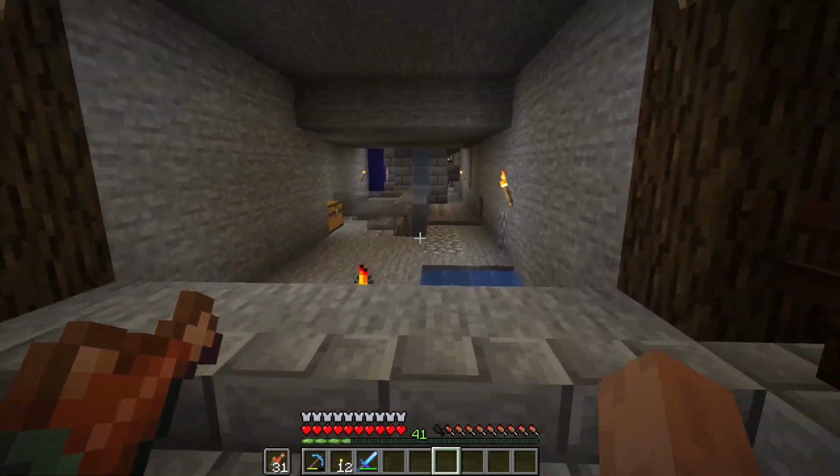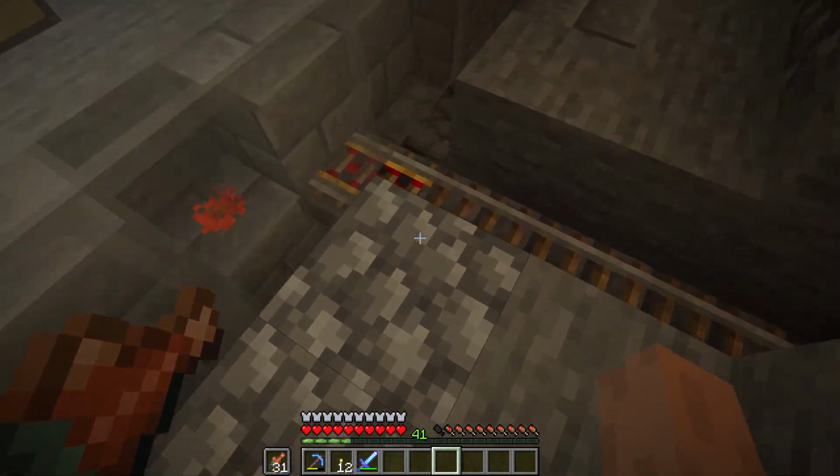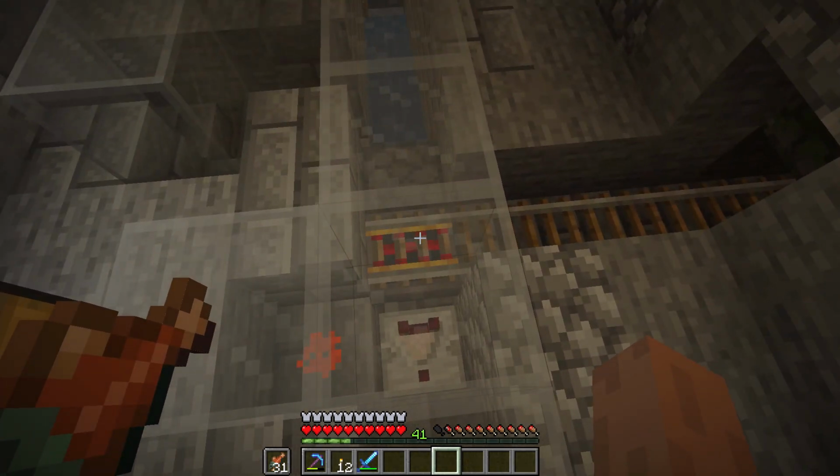And of course, the cart is going to have somewhere to go to drop off the loot. So this is the system in which it does that. So this is an automatic...